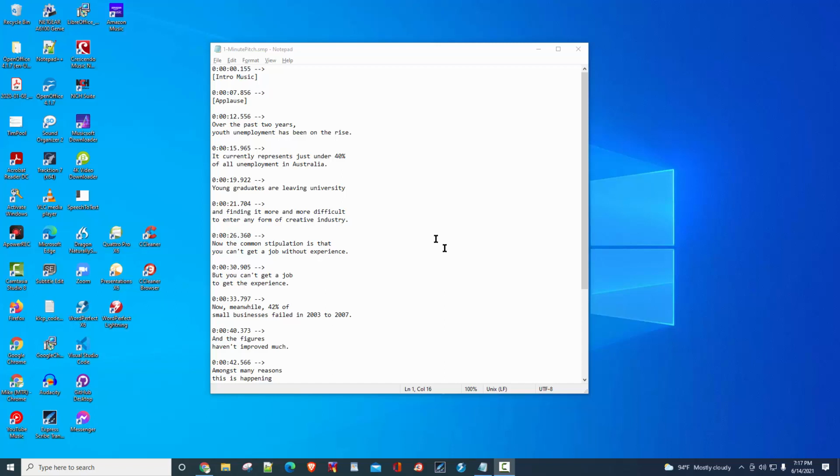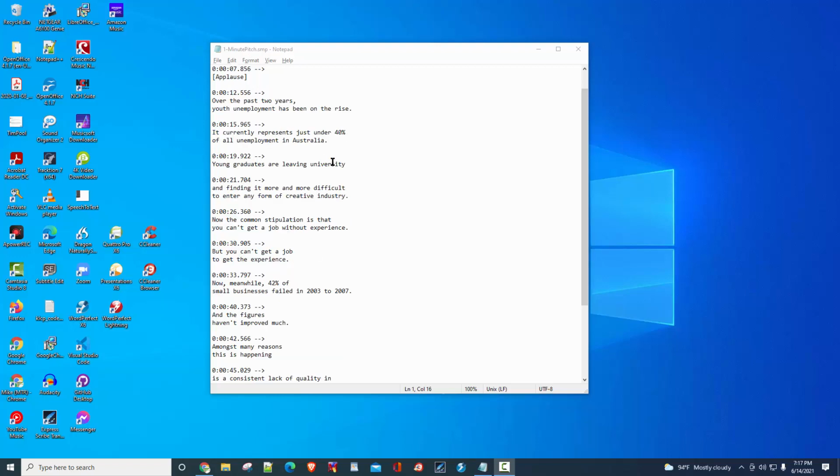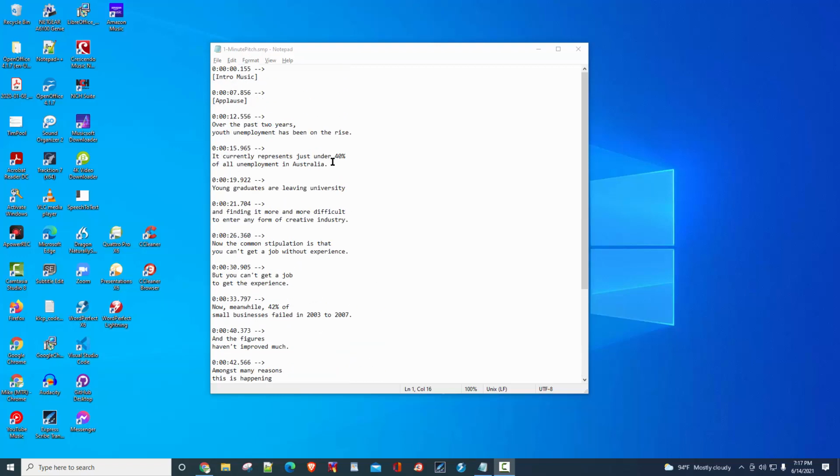So what you're looking at right now on the screen is a notepad file. It's a .smp file for a video that's just quite short, just over 1 minute. And what you see in this video is text that appears in 1 and 2 line segments. On top of that text is a timestamp that corresponds to a time in the video when that text appears. As soon as the new timestamp is reached, the new text appears. So we call these text